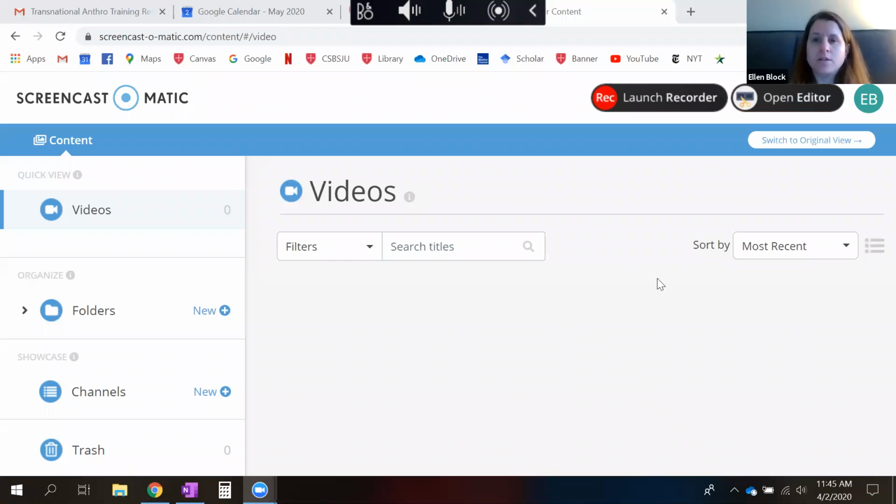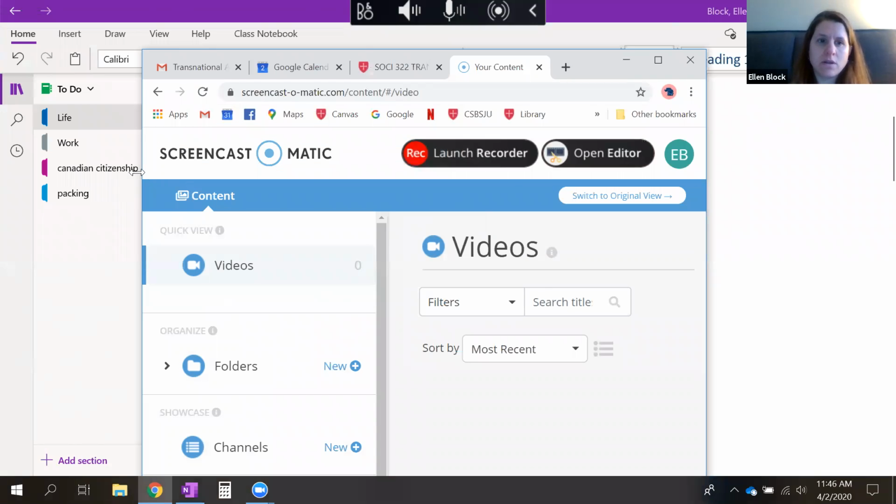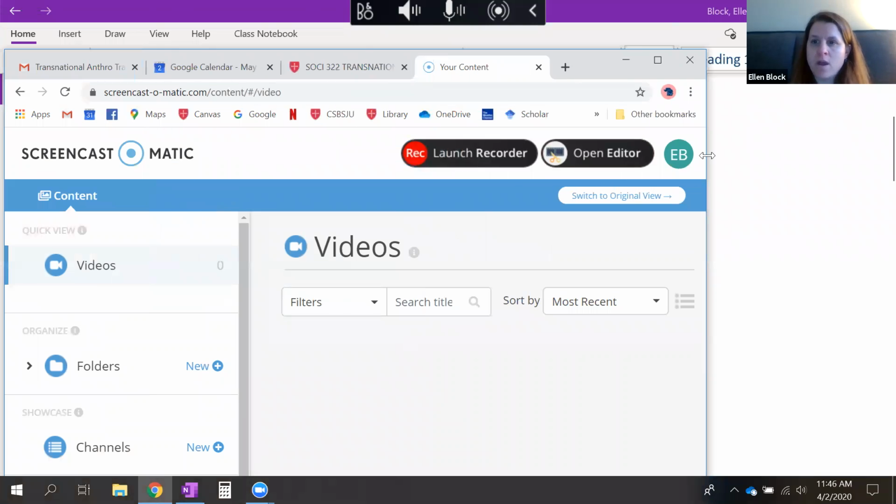So hold on, I got to share my screen. Share screen. All right. So you go to Screencastomatic. Let me minimize this so you can see what it looks like here. Hold on. So make sure you can see my whole screen. So it's